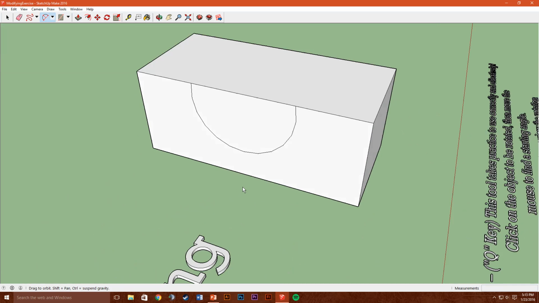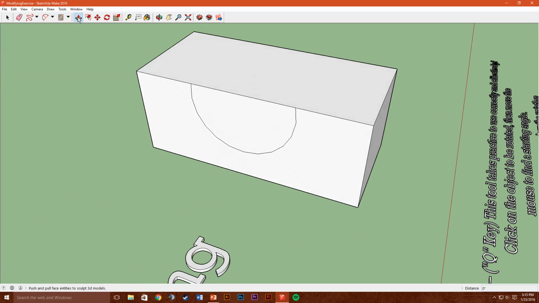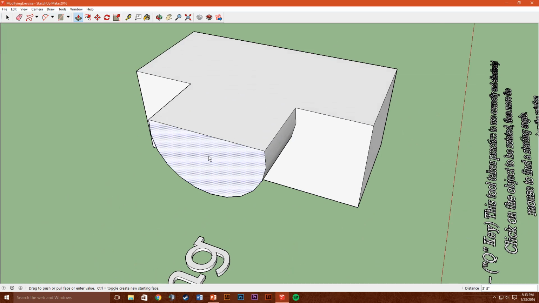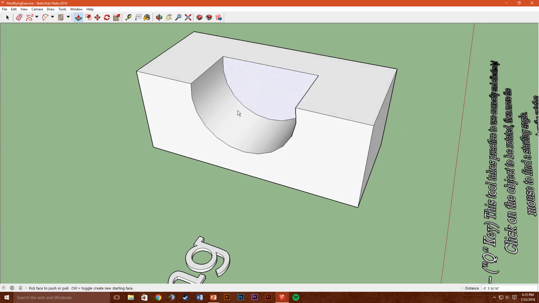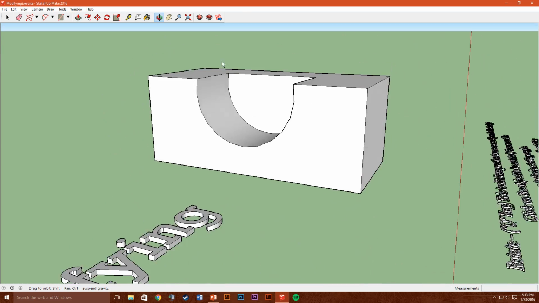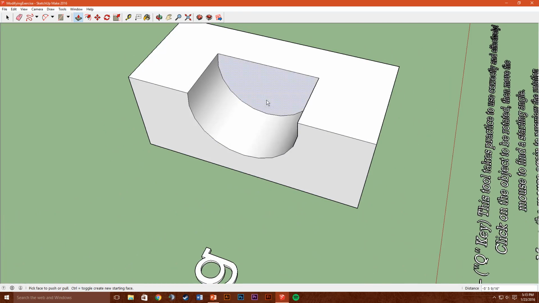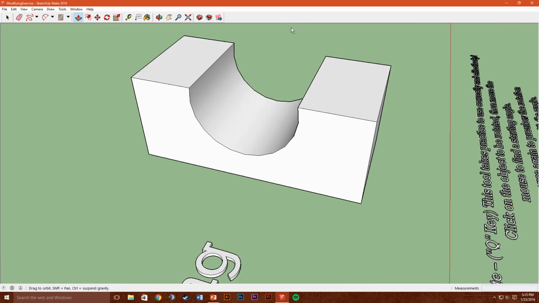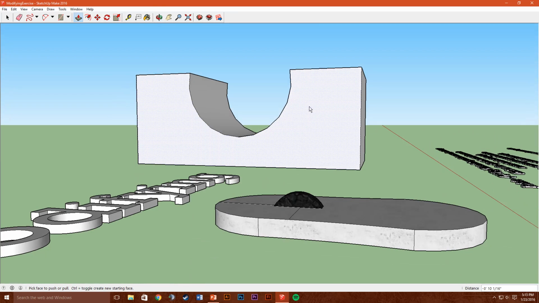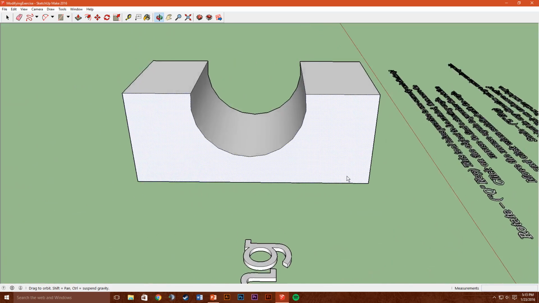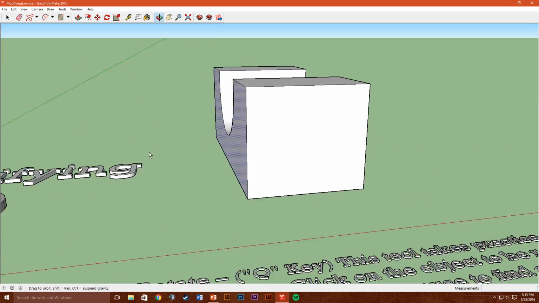I'm going to hollow the center of this out by using push-pull. So rather than pulling this out, I'm going to push it into the surface, which by itself is pretty cool. You can almost make like a seat doing that. But if I continue to push all the way to that surface, you see how it's giving me this weird, glitchy looking texture? If I let go, it actually is going to delete that texture. So that's a really cool way that you can hollow objects out, but keep in mind,